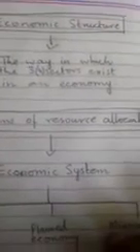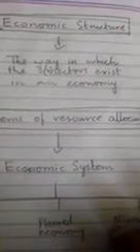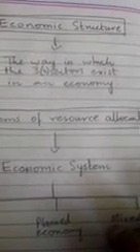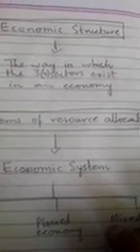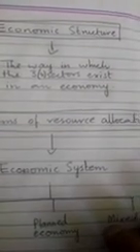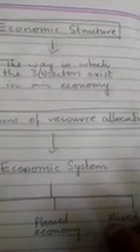Now we come on to the economic structure of an economy. The economic structure of an economy is the way in which the three sectors, or the fourth one as well, exist in the economy. So how the primary sector is performing, how the secondary sector and the tertiary sector are performing, or to what extent they exist in the economy, comprises the economic structure of an economy.